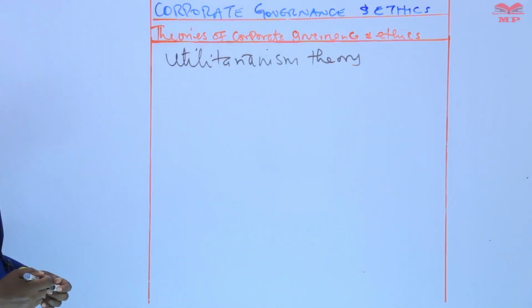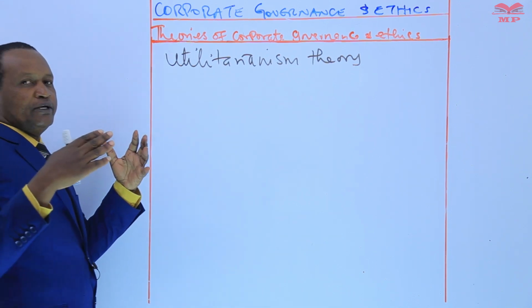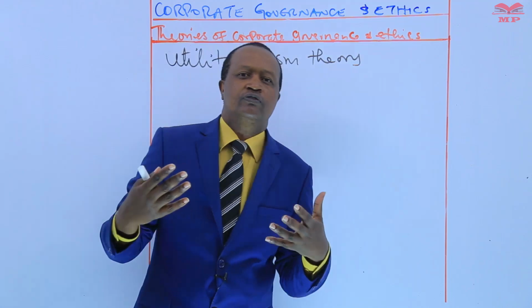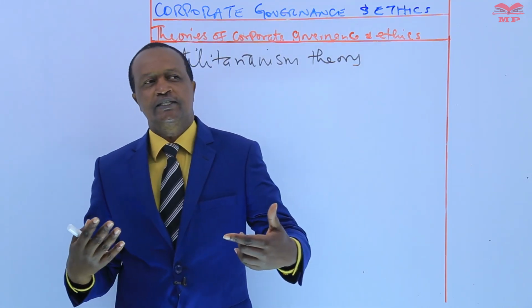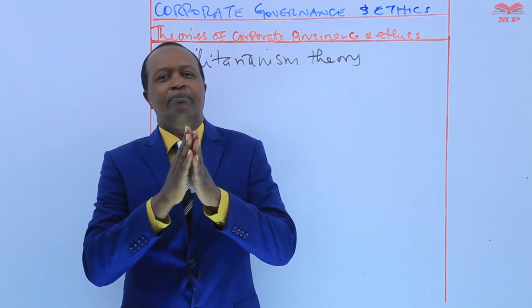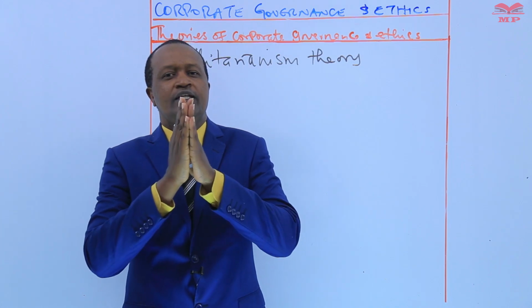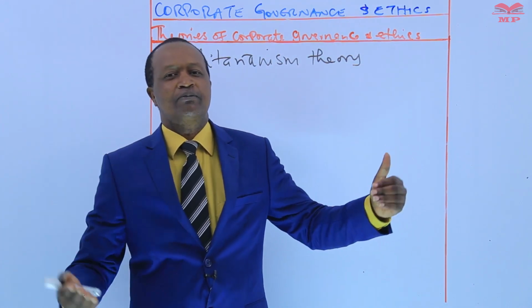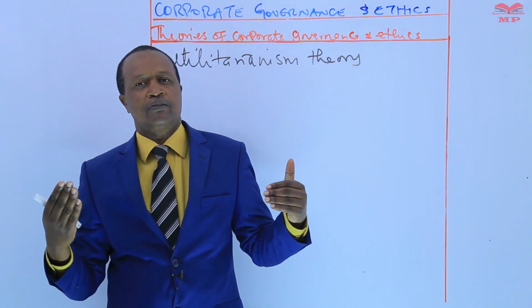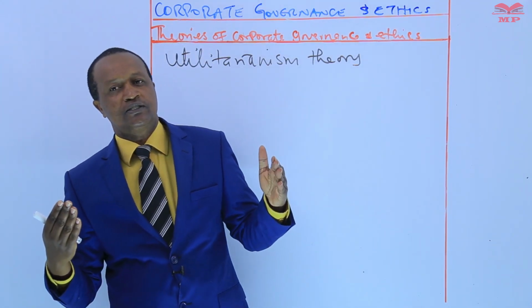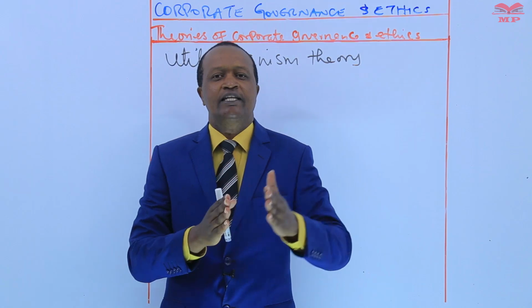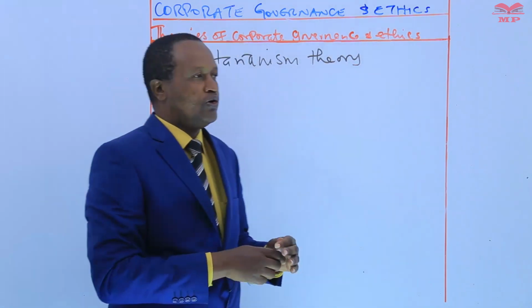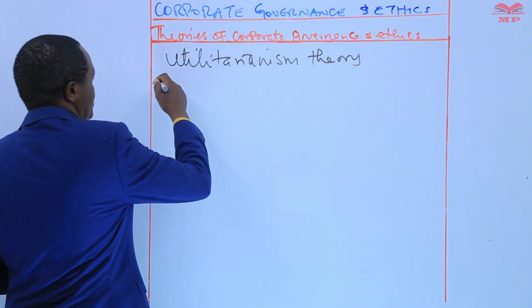Utilitarianism theory. Now, this theory suggests that the moral value of an action is determined by its ability to produce the greatest amount of happiness or pleasure for the greatest number of people. You understand? It suggests that the moral value of an action